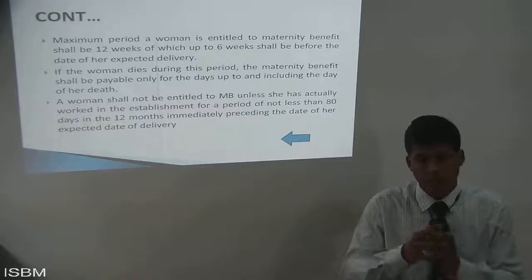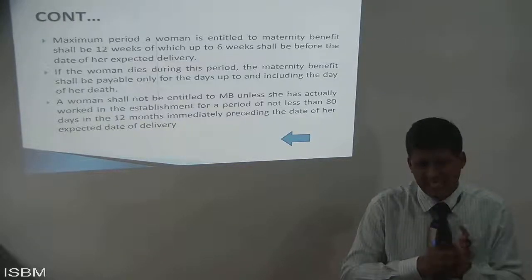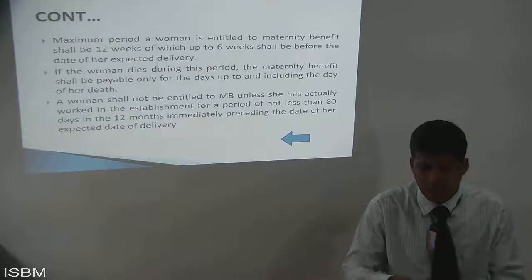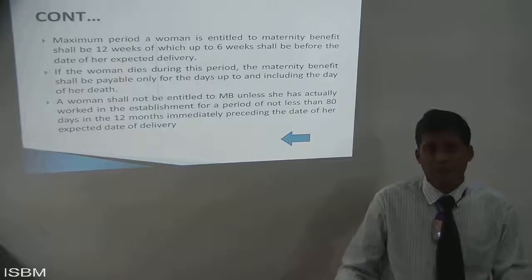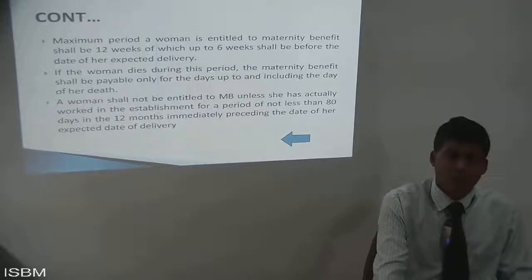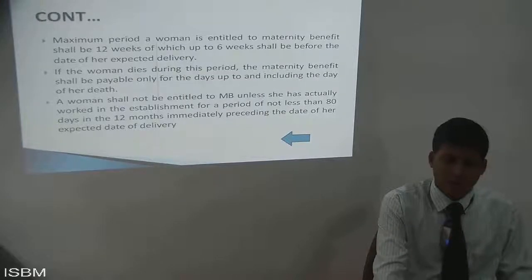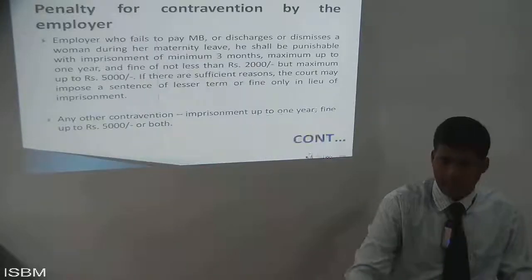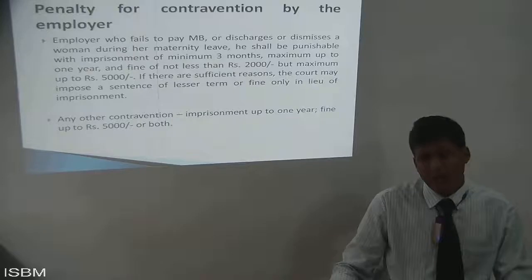Now, third is also important, where the Maternity Act of 1961 also says that the woman shall not be entitled to the benefits unless, in whichever establishment she is working for, she has worked not less than 80 days. So it has to be more than 80 days in the 12 months immediately preceding the date of her expected date of delivery. Now the penalty rules